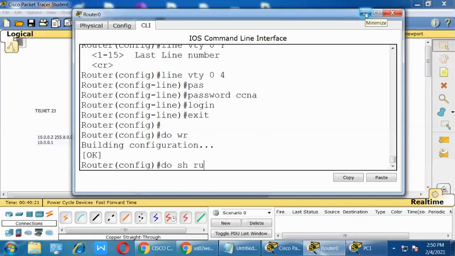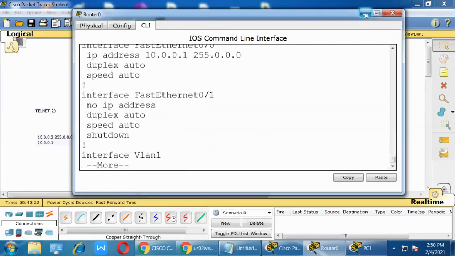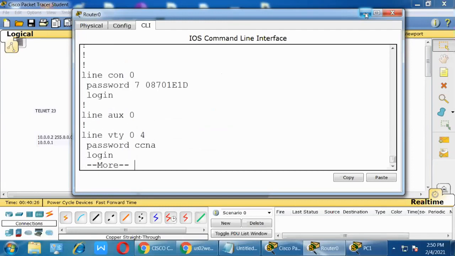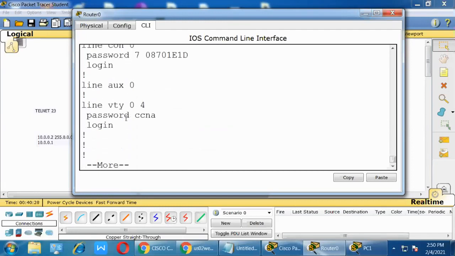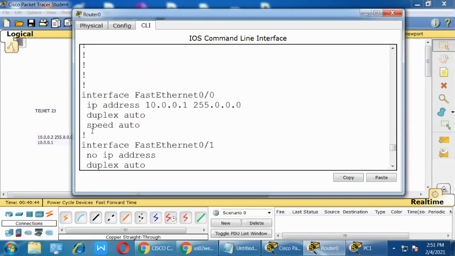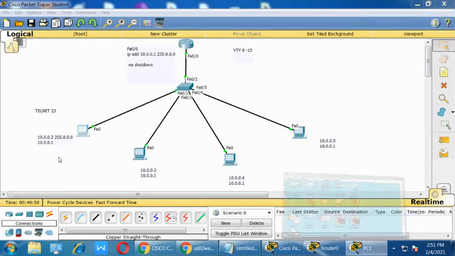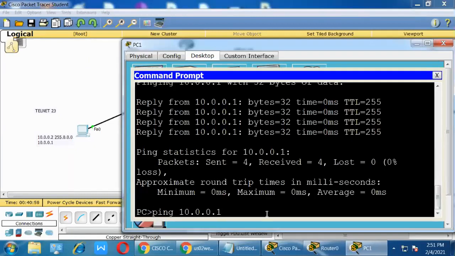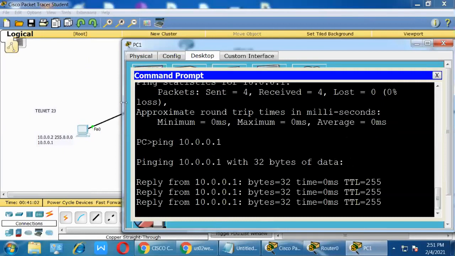Now see, do show running-config. See, VTY 0 4 password is CCNA. Now the interface, FastEthernet 0/0. Previously shutdown was present, but now it is not available because I typed no shutdown. Now go again to the PC and type ping, and the communication is there. Now type